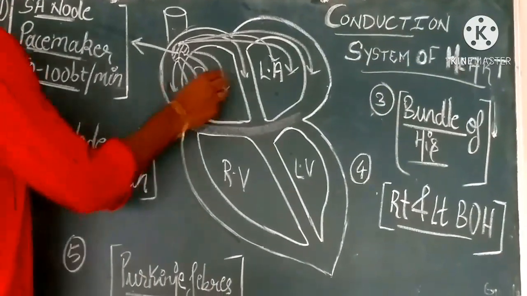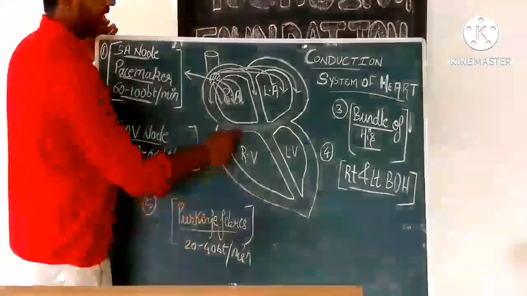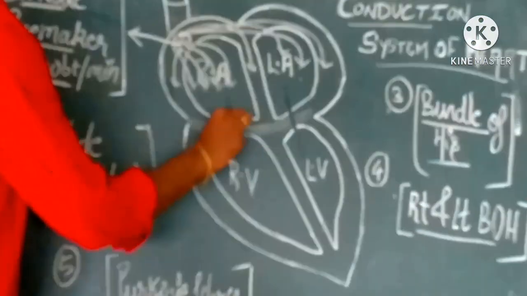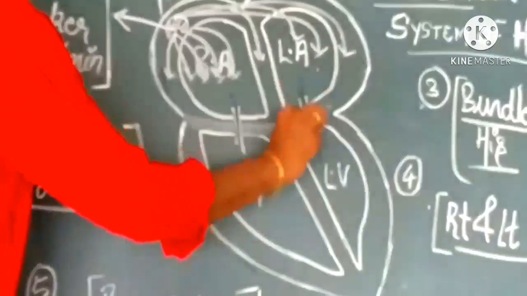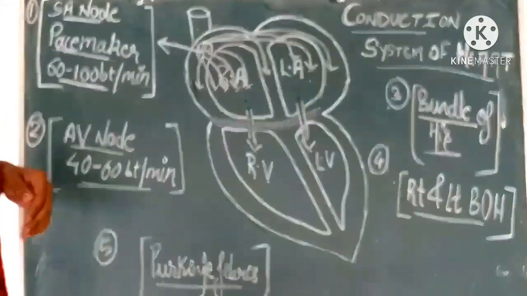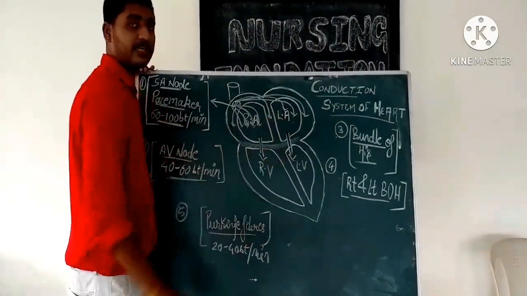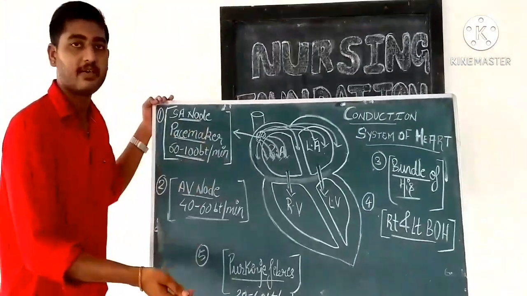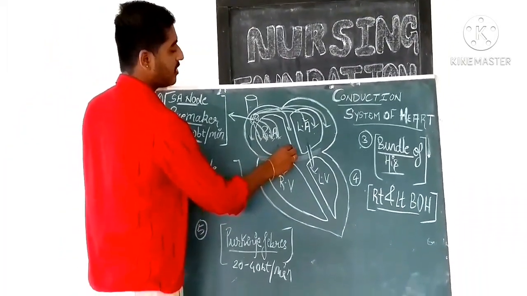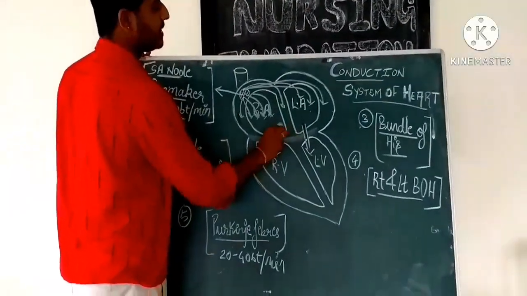Okay, so these impulses will result in the contraction of both the atrium, and from the atrium the blood will be pumped into both the ventricles. Now these electrical impulses, since they are not reaching directly here, there is some other channel from which they will be reaching the bottom. So at the bottom of the right atrium and just near to the atrioventricular septum, we